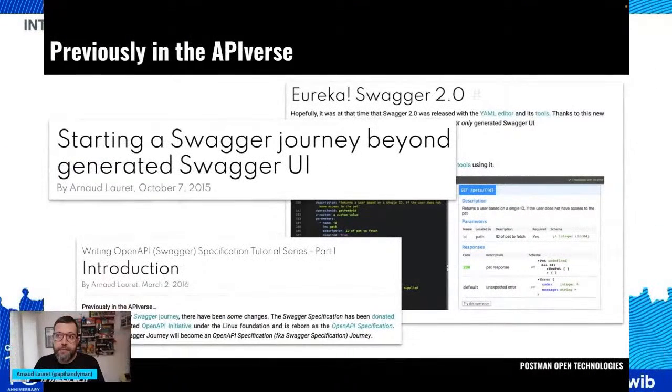In 2014, Swagger 2 was released. There was the new Swagger UI and a new Swagger editor that put the Swagger 2 specification up front. That's the moment I actually discovered the specification. In 2015, the Swagger 2 specification, thanks to some brilliant minds, was donated to an organization under the Linux Foundation, which was called, and is still called, the OpenAPI Initiative. And so the OpenAPI specification was born. The Swagger brand and the tools stayed the property of SmartBear.